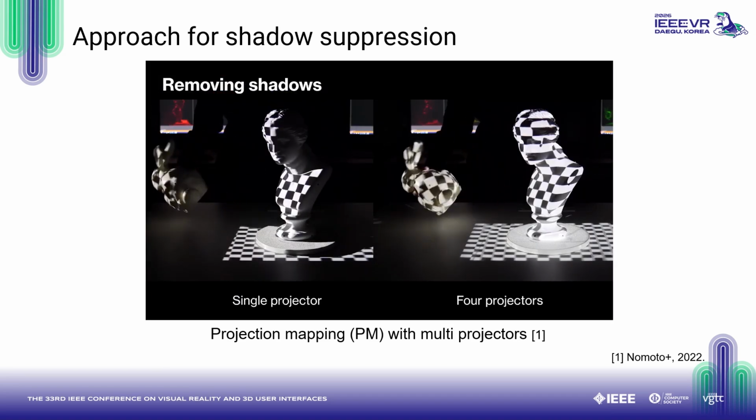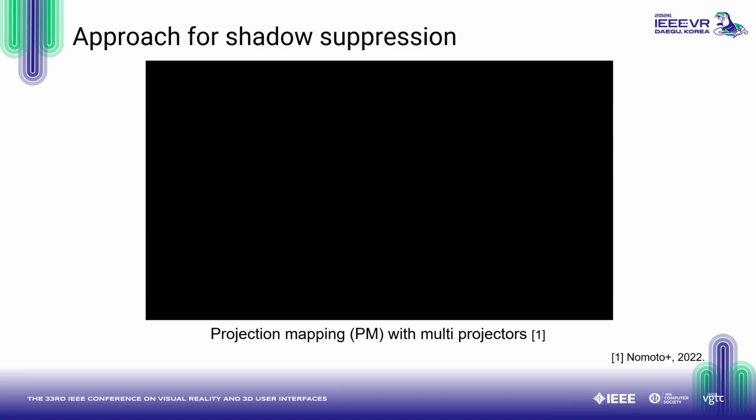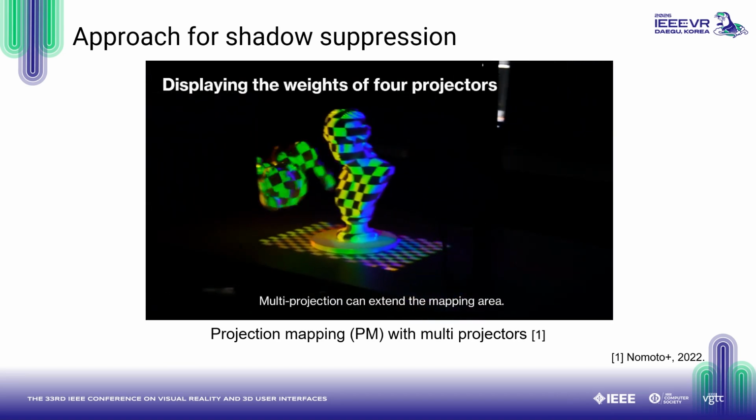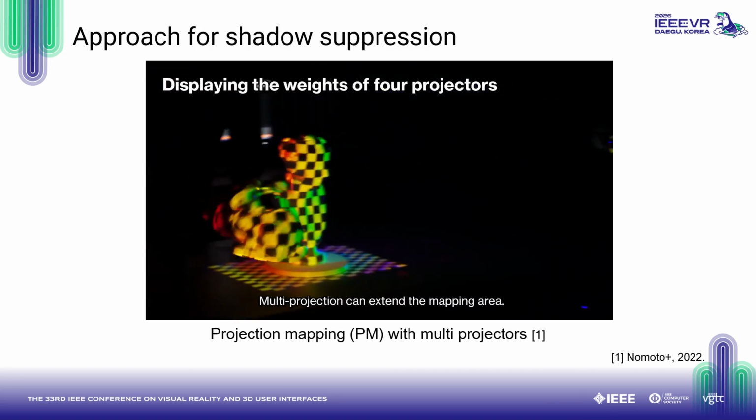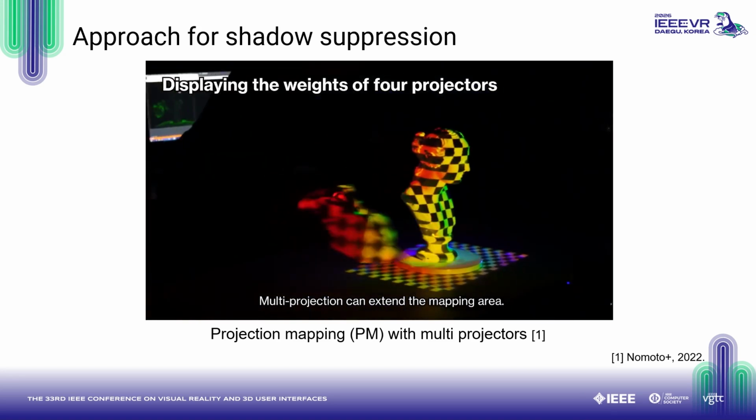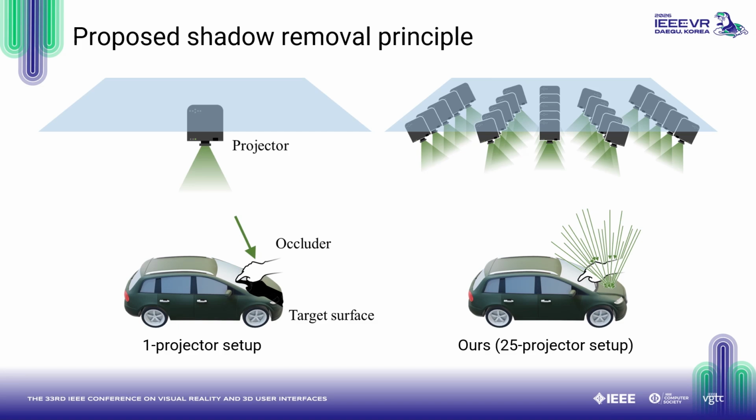However, this approach suffers from noticeable compensation failures when occluders move, due to system latency introduced by the compensation computation. These failures degrade the overall AR experience. To overcome this limitation, we propose a shadowless projection mapping system for tabletop workspaces. Instead of relying on a physically large aperture projector, we build a synthetic aperture using many projectors.